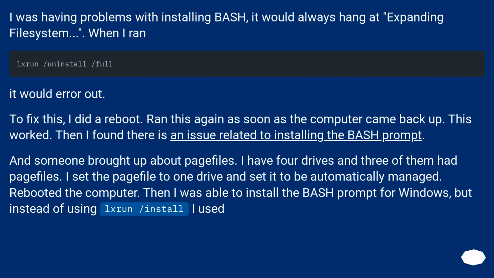And someone brought up page files. I have 4 drives and 3 of them had page files. I set the page file to OneDrive and set it to be automatically managed. Rebooted the computer. Then I was able to install the Bash prompt for Windows, but instead of using run/install, I used